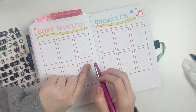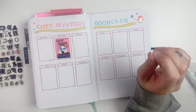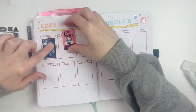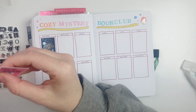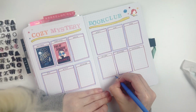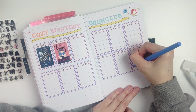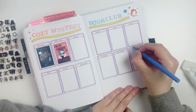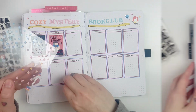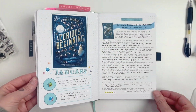Now at this point, I came back late at night, and you can tell there seems to be a bit of a film here on the camera, so I tried to make this part short and sweet. So don't worry, this is only like 2 minutes long. It does not last long because I realized that I needed to maybe wipe off my camera or something. I'm not sure what happened. And then also the lighting kind of goes in and out. I was doing this at like 8:30 at night, so I think it just wasn't the best idea I've ever had. So I cut out everything of me creating those pages,